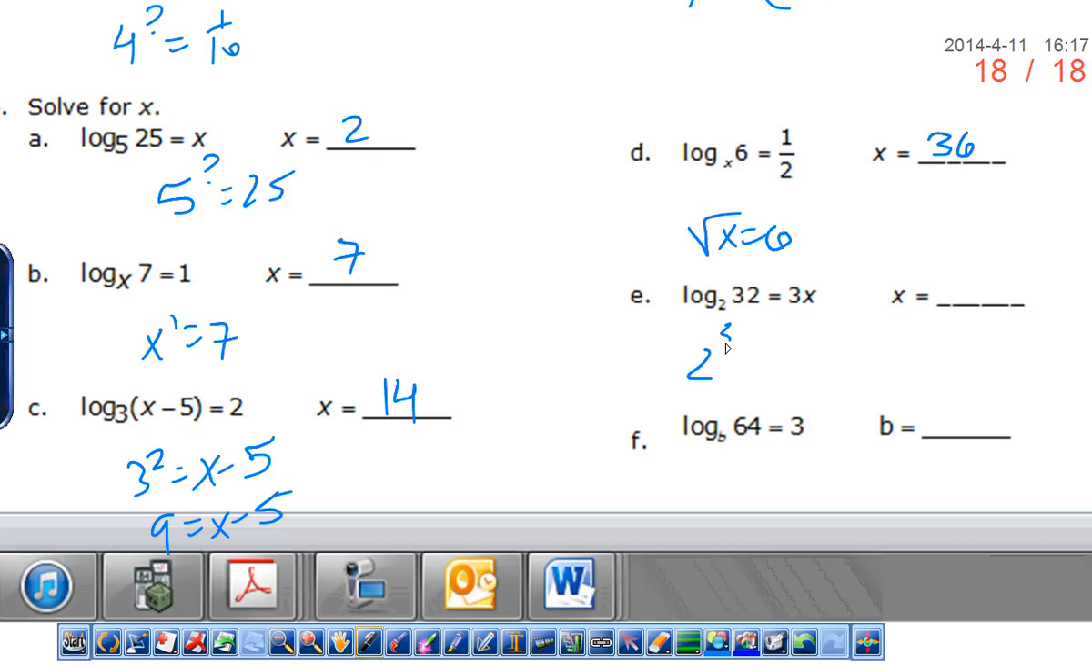This one is kind of awkward. 2 to the 3x equals, well, 32, but I also know 32 is 2 to the 5th power. So that means since my bases are the same, then my exponents also have to be the same. So x is 5/3. And then lastly, f, b to the 3rd power equals 64, so that means b is